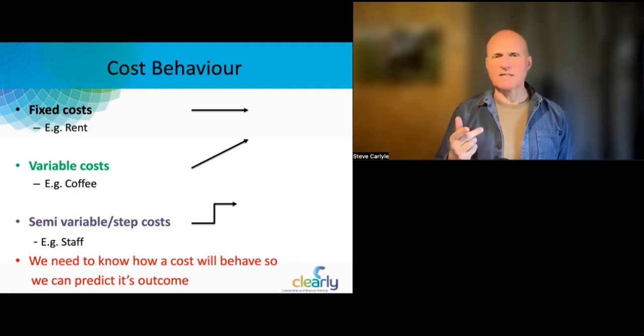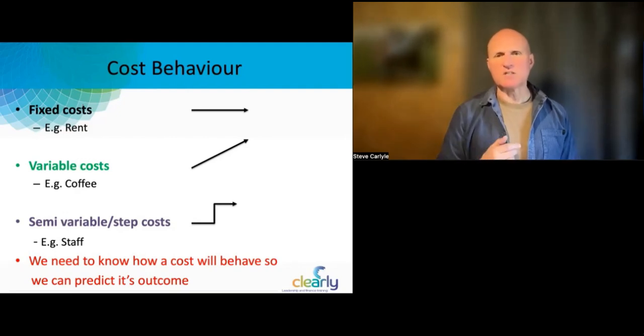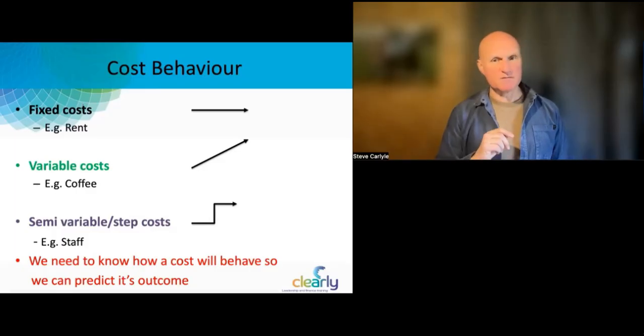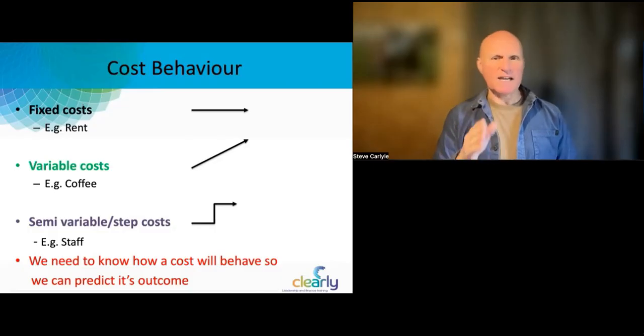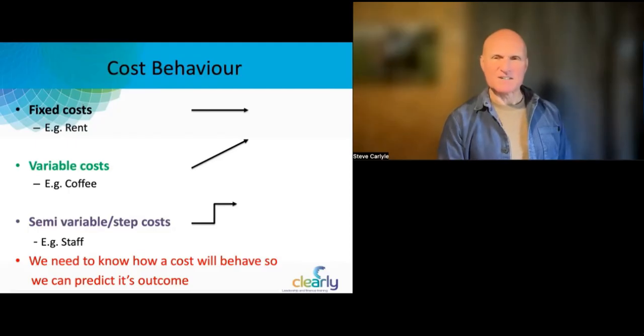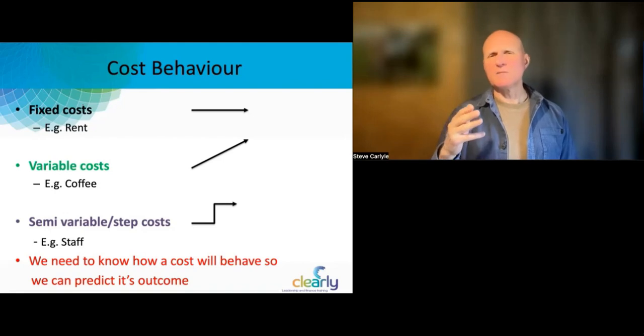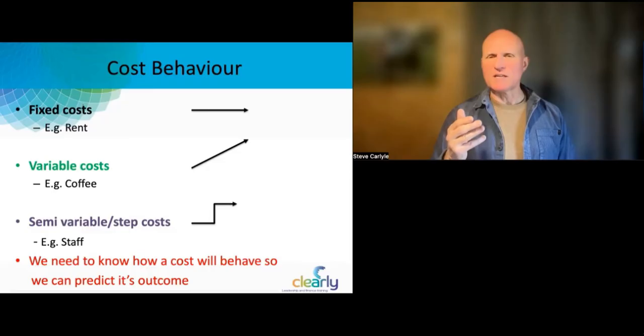So what would happen, for example, if the electricity company decided that they were going to put the cost per unit, the cost per kilowatt hour, up? Or what would happen if you decided that you were going to open for an extra 2 hours every evening? Then those costs would actually go up. So you need to understand what category your cost fits into, and some costs will absolutely fit into the fixed cost category and never change, like your rent. But other costs you might have to query. So understanding your costs is really important, and understanding how they behave is really important so you can